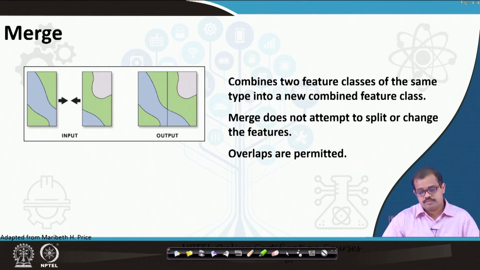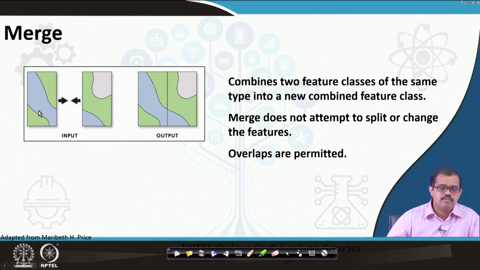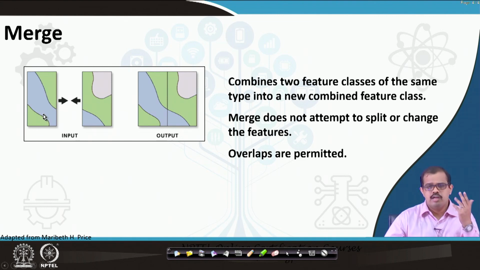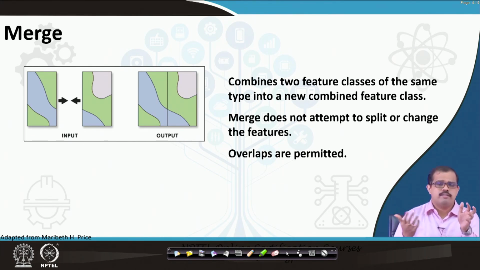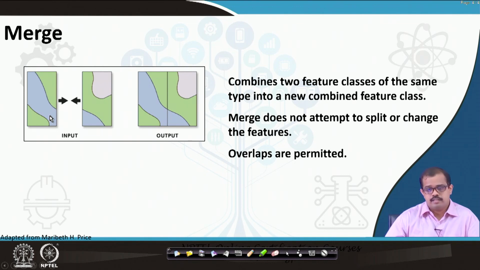Then there is merge. For example, you have created two layers, and this happens normally with satellite data. You have two different raster data sets. If I am taking Hyderabad data, Hyderabad may be in 2 or 3 or 4 images with respect to a particular spatial resolution. So let us say I have 2 images, and I have classified both of these images for different issues. Now I want to combine both to be represented in a single map.